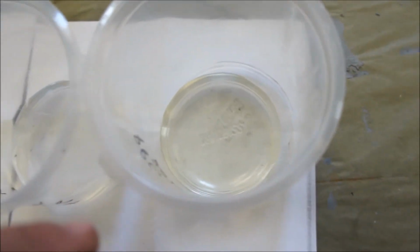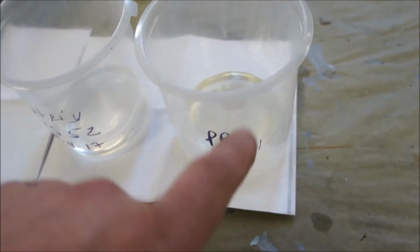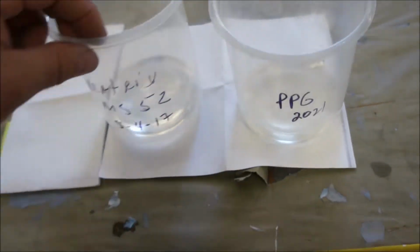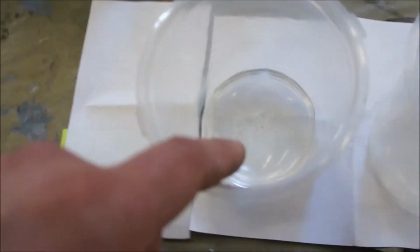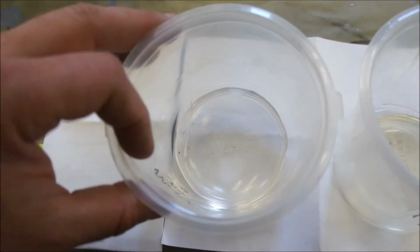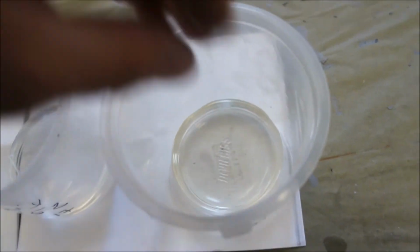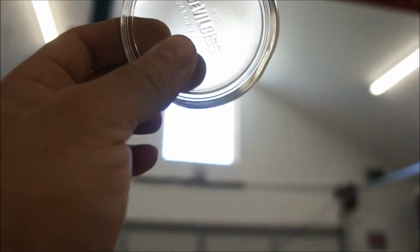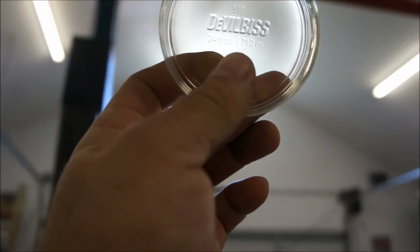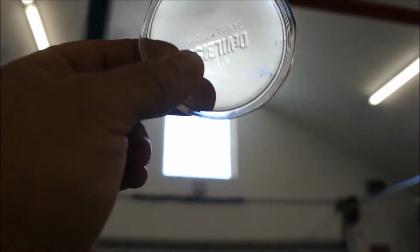Of course, now let me back up for a minute, because this I sprayed on the Camaro. So the Camaro's been gone for a while, so I don't know that this is actually done shrinking. This may shrink for a while longer, so we may come back and revisit this at some point and see. But yeah, you can see it looks nice and clear there. I mean, if you hold it up, it looks fine, but it's just a little bit more yellow than the Matrix,